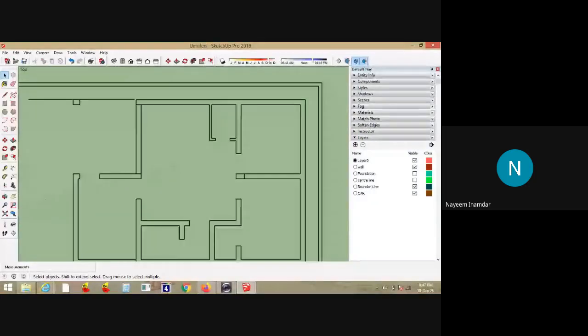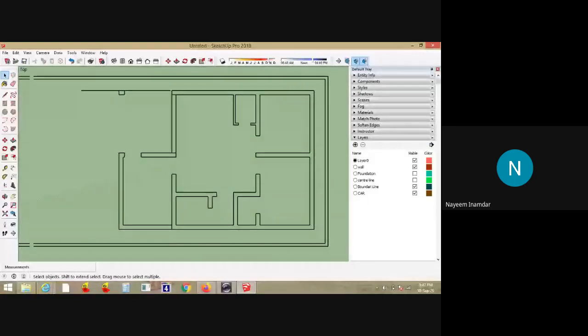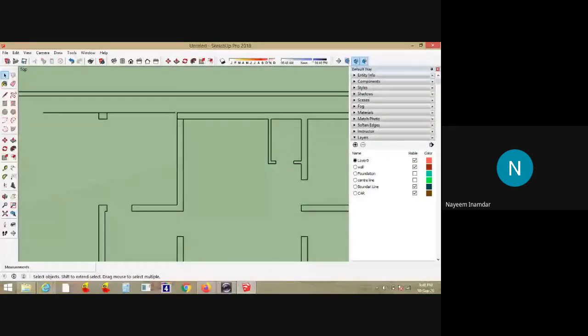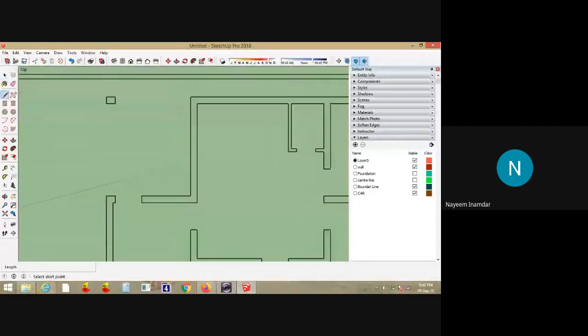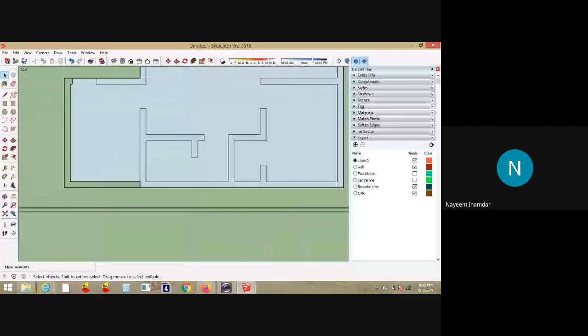This will take the dimensions, because you had already set the dimensions in AutoCAD. The same dimensions this will assume. So this is the column position. That's why I'm not deleting it. What I'll do, I'll just close this circuit. You can see the wall has not become gray. To do this, you just close the loop somewhere here. See, this is how you can do it.